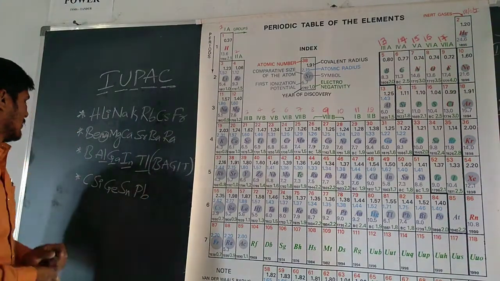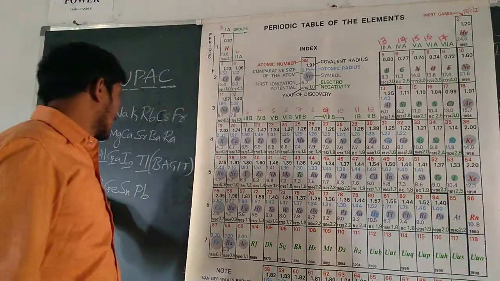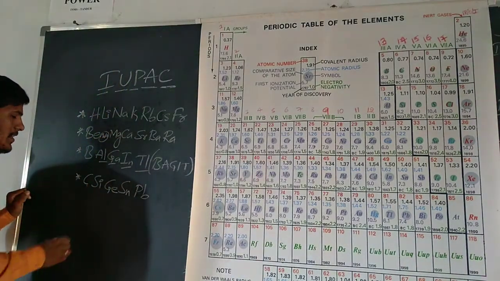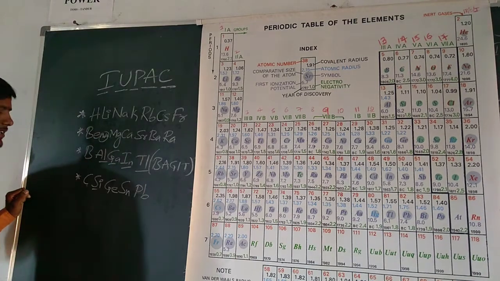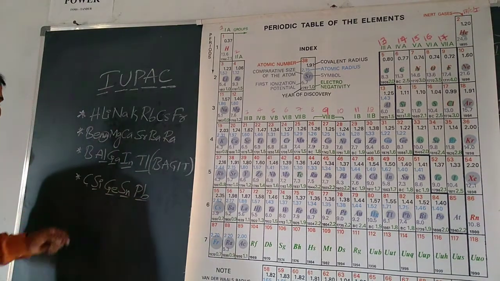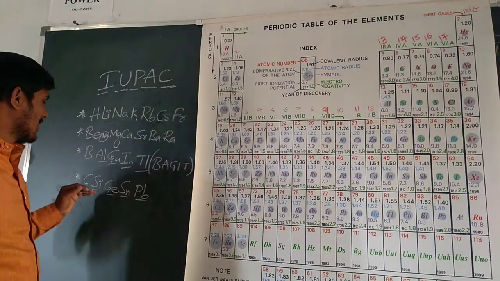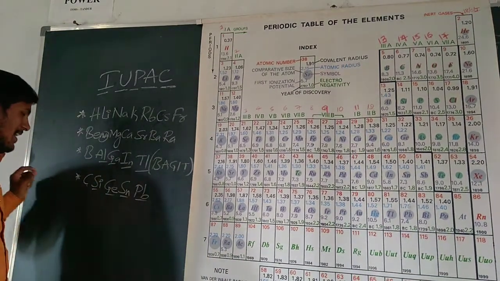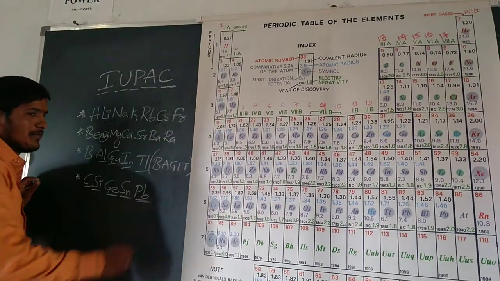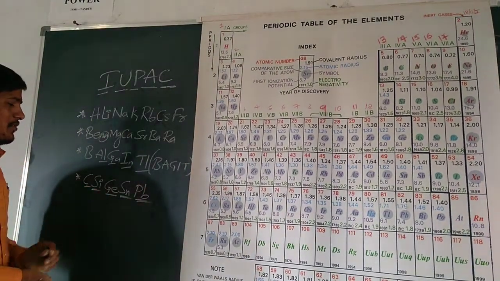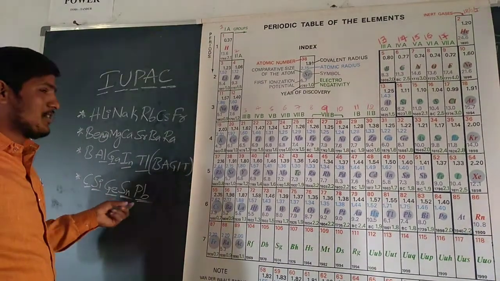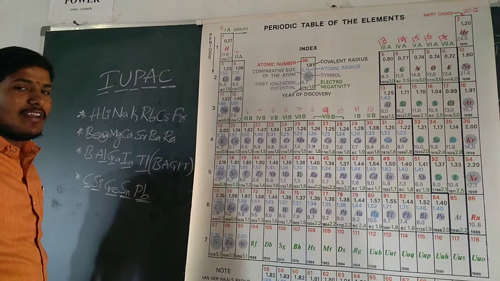These are the 14th group or 4th A group elements. Here, C means college, Si means students get some problems. By using this code, we are able to remember all these elements easily. That is, college students get some problems. Actually, college students don't get any problems, but by using this code, you are able to remember all the elements.